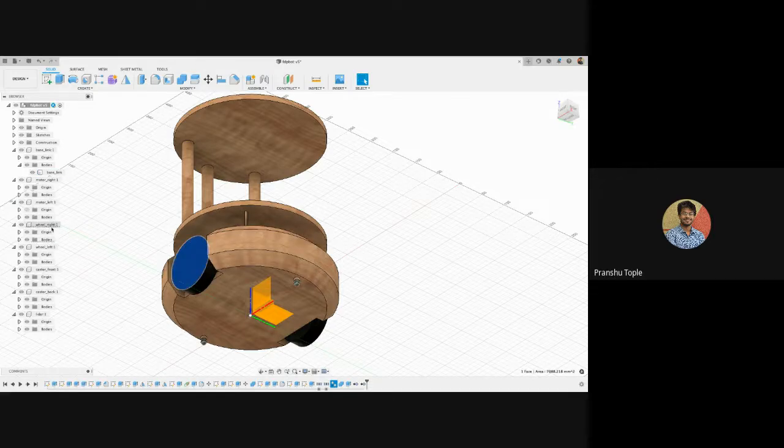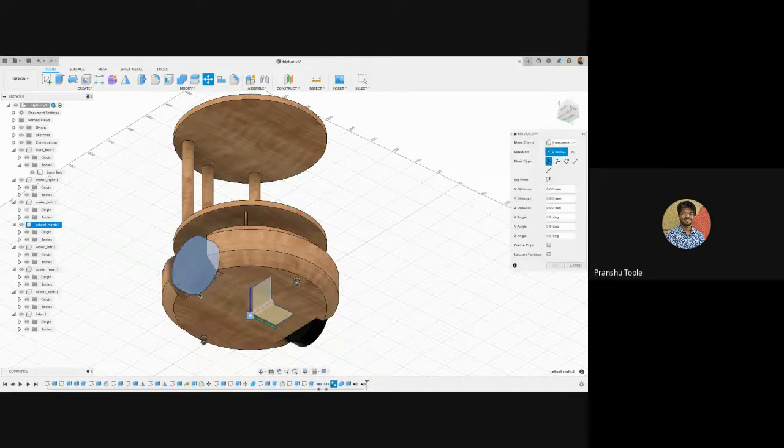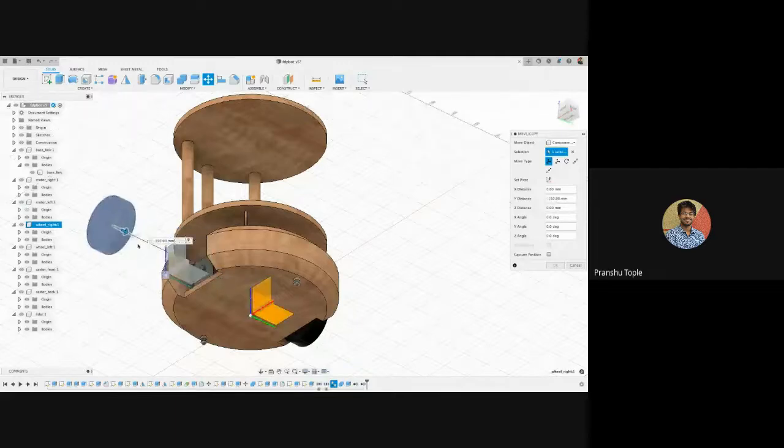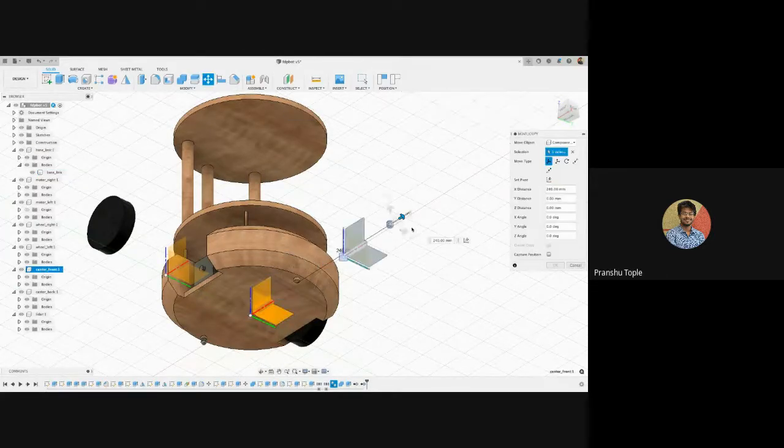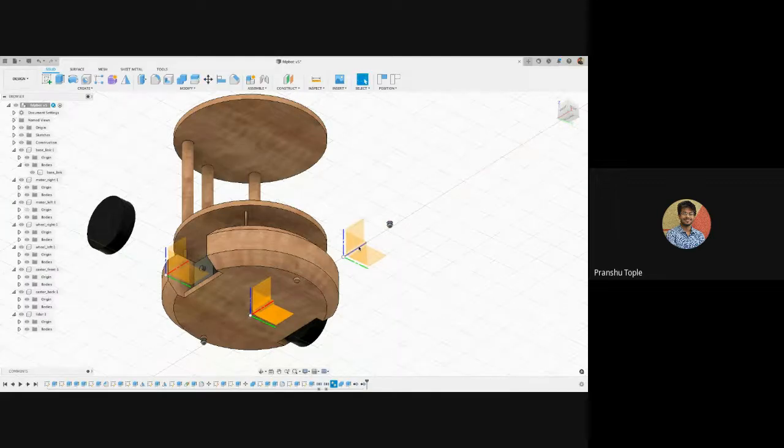Sometimes if I move this body, let's say if I move this wheel somewhere over here, along with that its origin is moved. If I move this caster somewhere over here, along with that its origin is moved. This should not be the case.